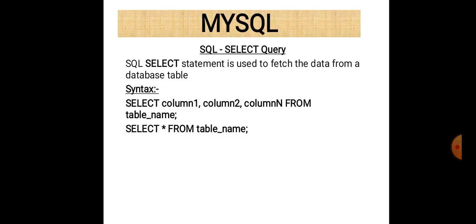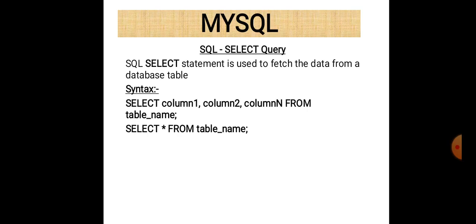Now you are able to create a table in a particular database. When you create different tables in a particular database, the next step is to access the data of that table. For that purpose, there is a command called the select statement that you can use. The command is very simple. Just write select column name 1, column name 2, comma, column name n. If there are n columns, you can select any number of columns up to n from the table name. That is the syntax of the select statement.